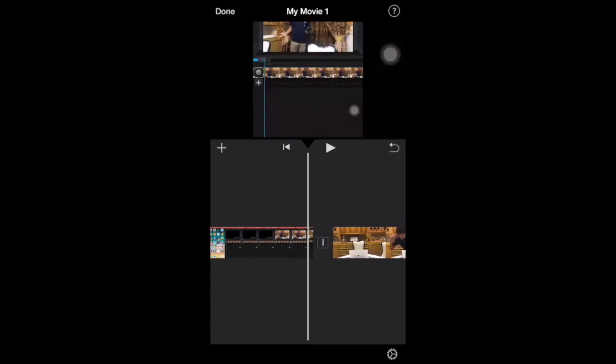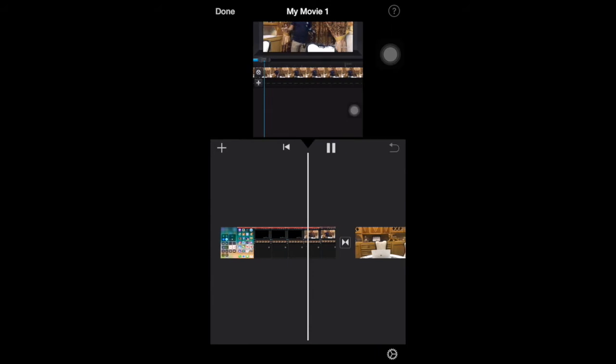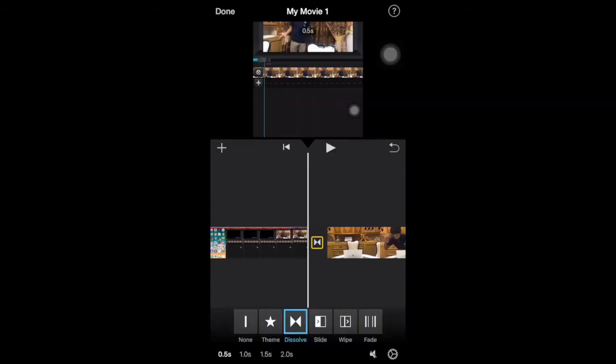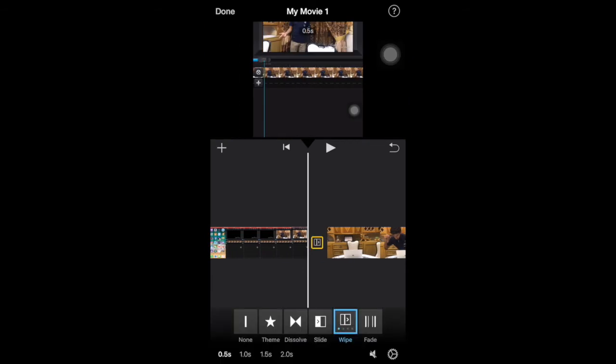Click on the middle transition icon and you can choose dissolve. That's really weird, so it's going to do the transition really smoothly, dissolve in between. And you can also do wipe, which also looks cool, but however you can choose anything. You can also choose fade,